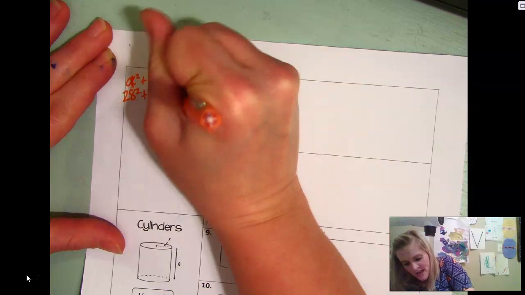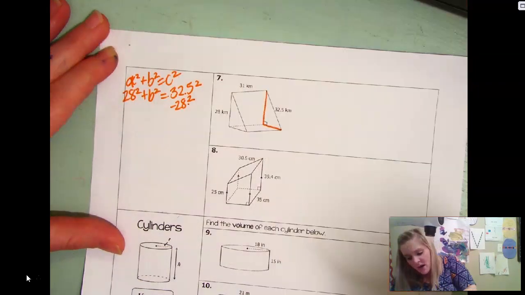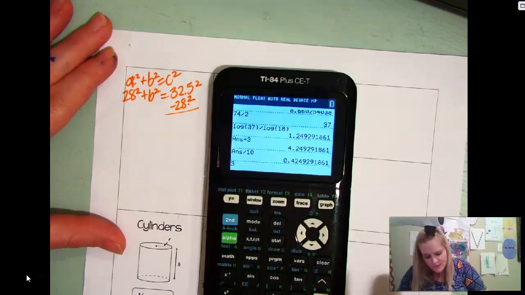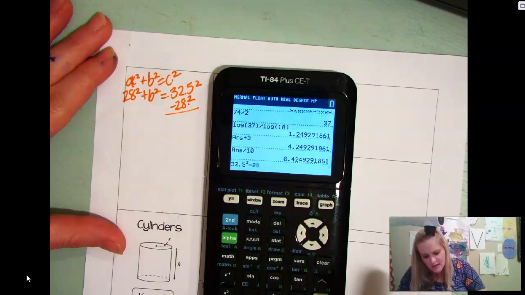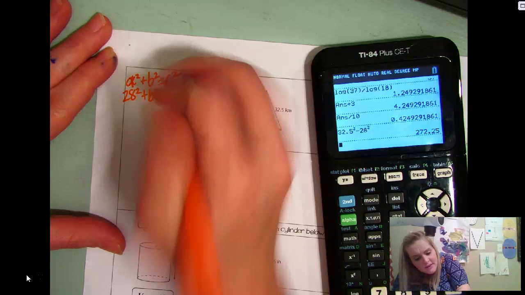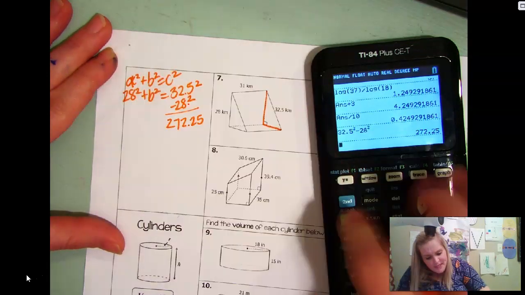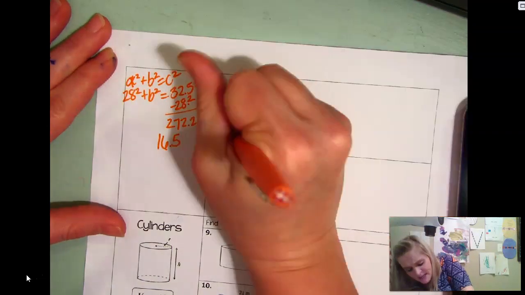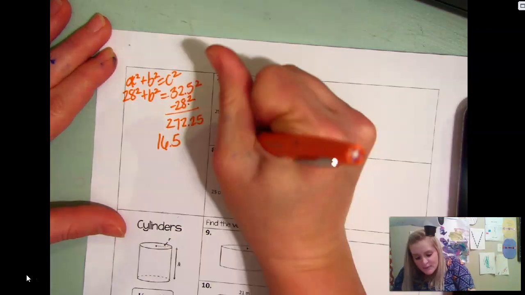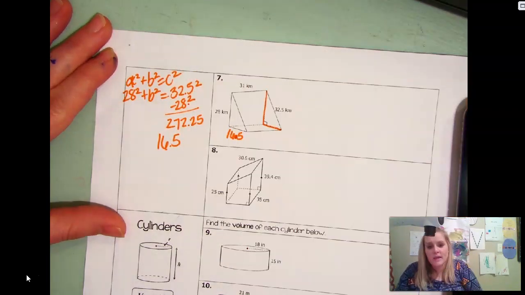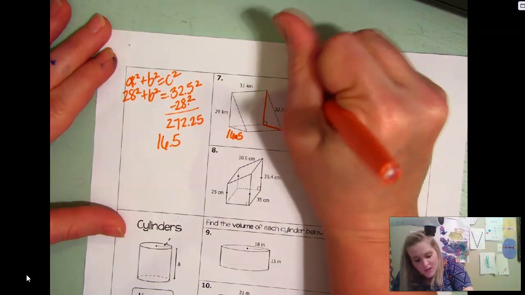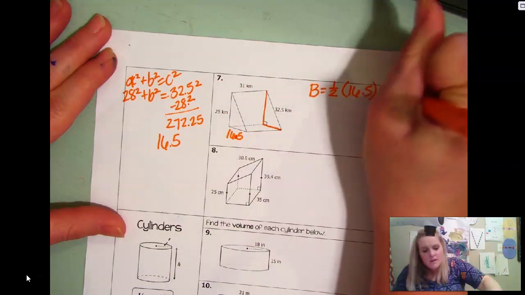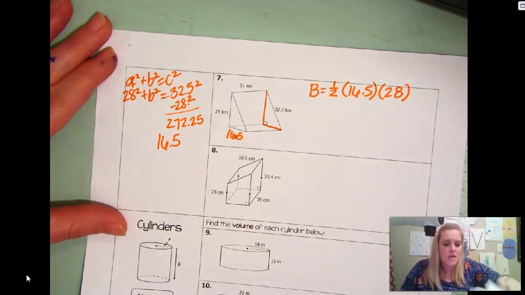We're going to subtract out 28 squared from 32.5 squared. So I'm just, again, being kind of lazy and not doing that math, letting the calculator do that. That's going to give me 272.25. Then I'm going to take the square root of that, 16.5. So that base is going to be 16.5. Okay, so now that you know that is 16.5, you're going to do the big B, which is 1/2 the base, which you just found, times the height, which was given. Okay, so that is going to be